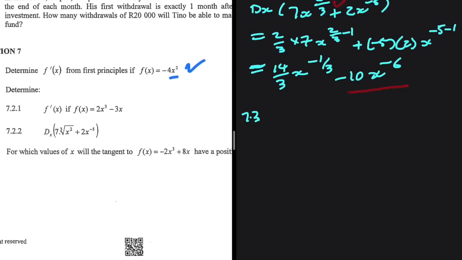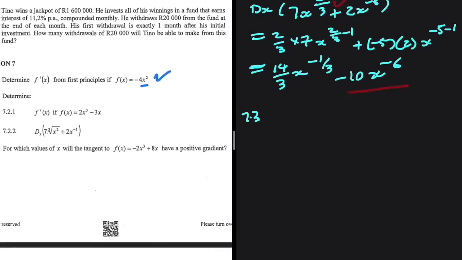So 7.3 is very similar to 2.2.3, where we're supposed to find the values of n for which a quadratic pattern is increasing. So here we're supposed to find the values of x for which the tangent to minus 2x to the 3 plus 8x will have a positive gradient. Right, so f of x is equal to minus 2x to the 3 plus 8x. The equation of the tangent is given by f prime of x, which will be equal to